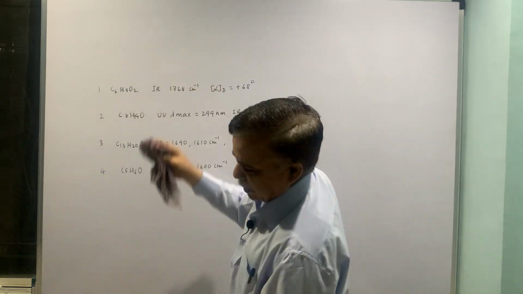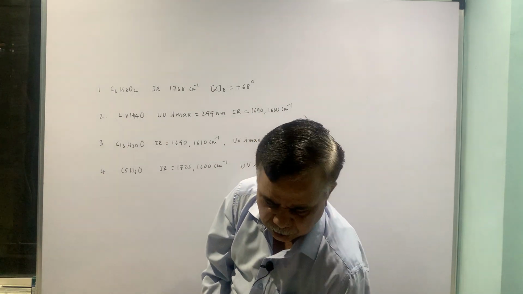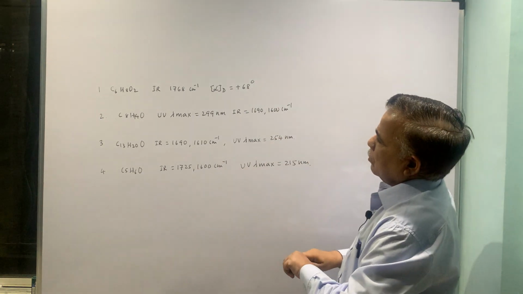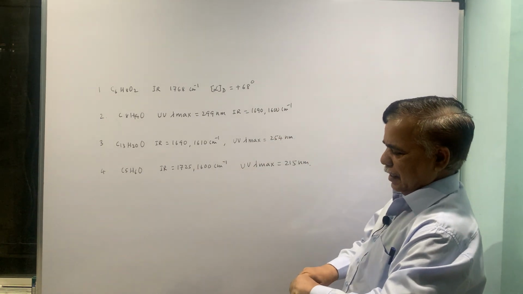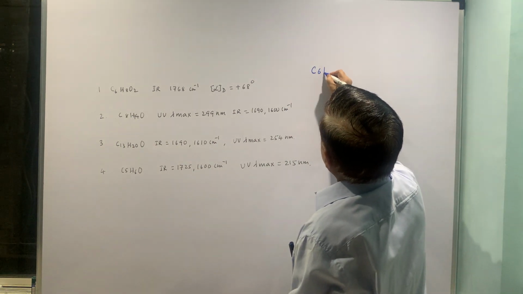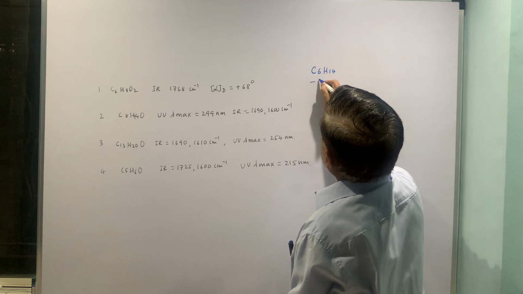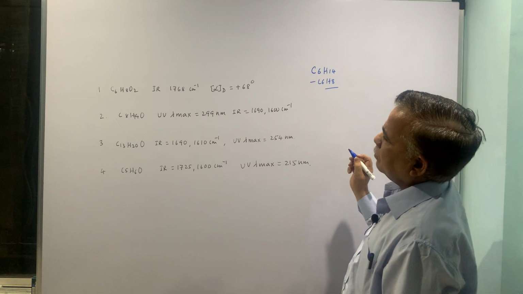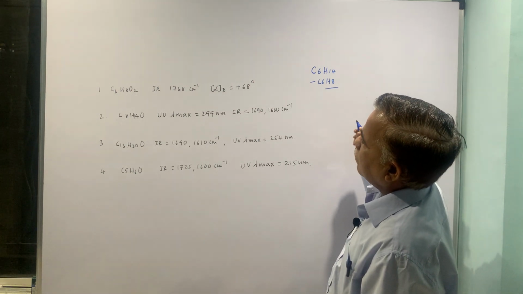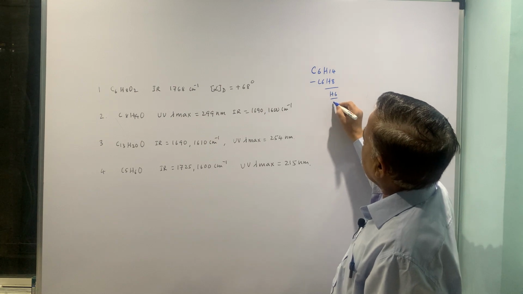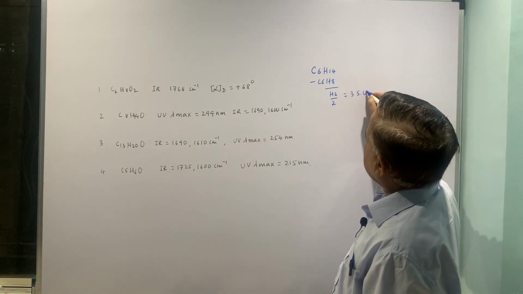Now C6H8O2. So first of all you have to find out the sites of unsaturation in this molecule. So C6H8, C6H14 minus C6H8. Three sites of unsaturation. Okay,